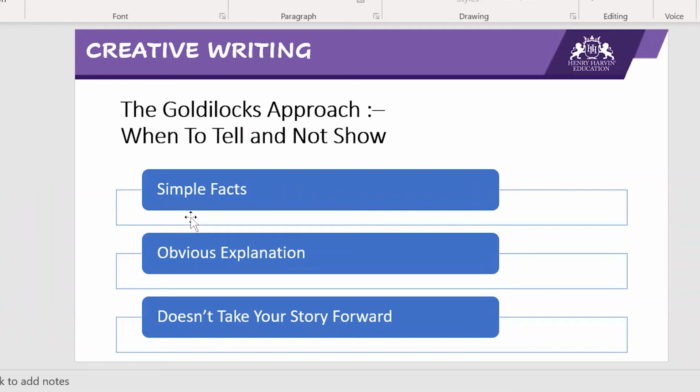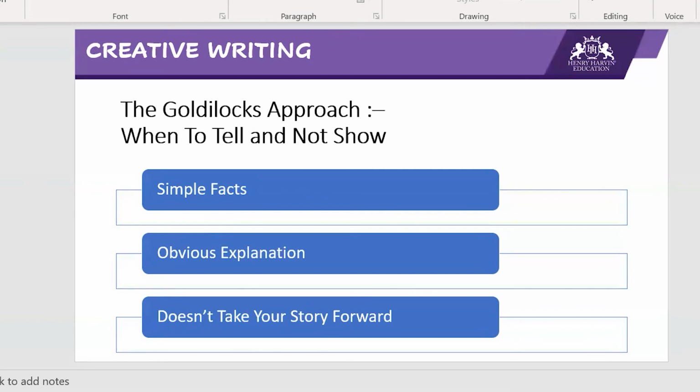So simple facts, like my protagonist is from Delhi, do not need to be told. If she's reading a book, you can explain what she's going through, but you don't have to explain the entire room where she's sitting, unless it is adding value to the story. Then that is something specific and doesn't really require any kind of detailing. Okay, so all of that is important.